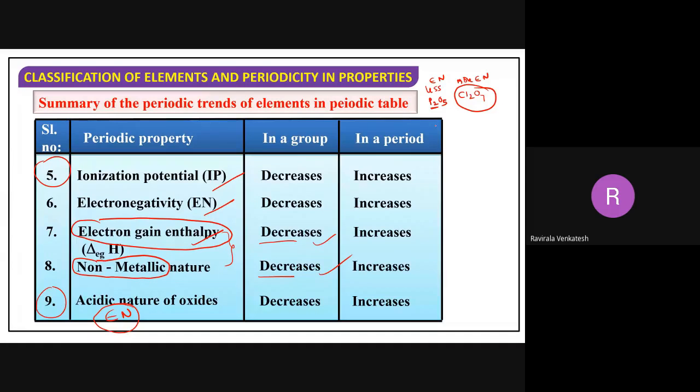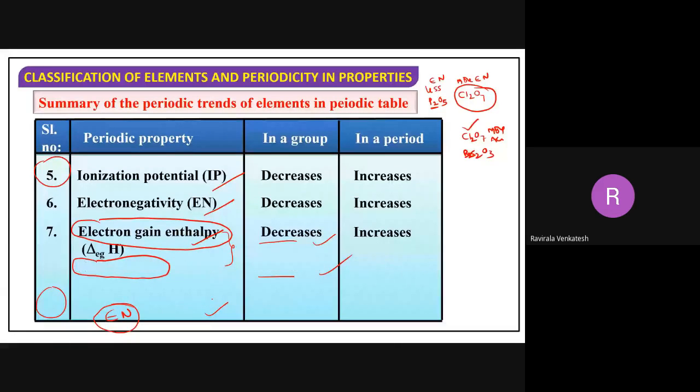Cl2O7, correct? Otherwise, we'll take one more, Cl2O7 and Br2O3, something like this. Now, which is having more electronegativity? Chlorine. Therefore, this is more acidic character. So, higher the electronegativity, higher the acidic character. So as electronegativity decreases in group, acidic nature also